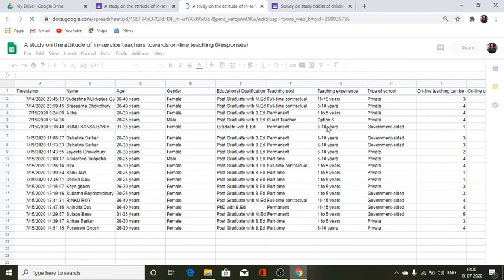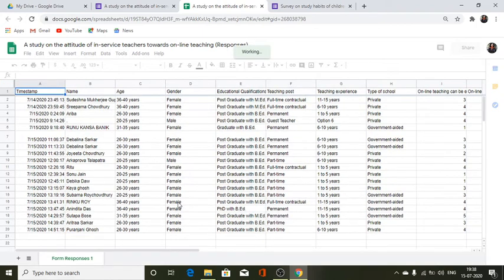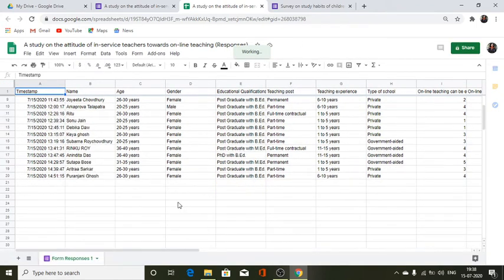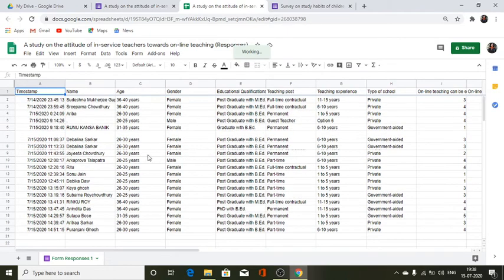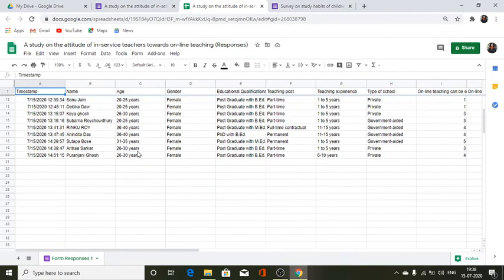Just look at it. Now, this is the tedious task that all of us happen to do in times when we are doing our research. So now this spreadsheet comes in the form of Google Sheet, and this can be shared, this can be collaborated. No, this is now private to me. If I share it, I can get the options, so I can do that. I can save it from here as well. So that is one option.